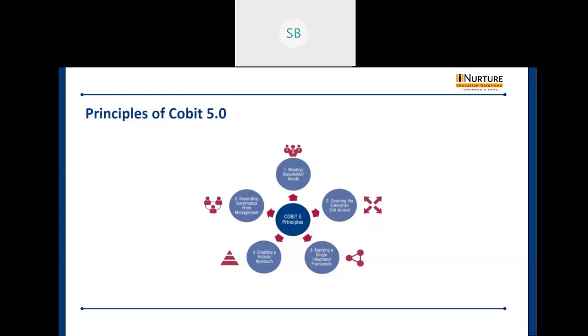So next is enabling a holistic approach. It will define a whole set of enablers for effective implementation of enterprise IT governance. So basically the enablers are the factors that influence whether things will work or not. They are driven by the goal cascade. The goal cascade we have just discussed, right? What was the goal cascade? It was that the stakeholders' needs get converted into the business needs, and there is mapping between the